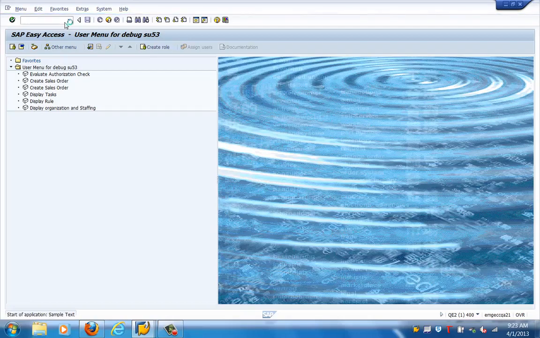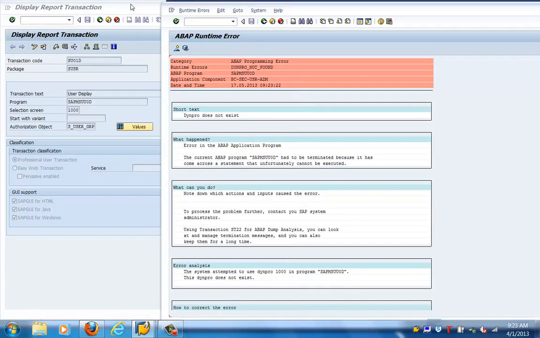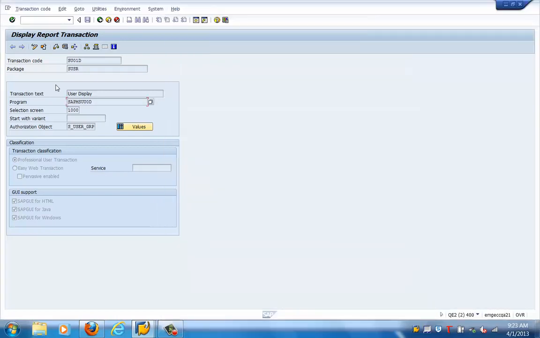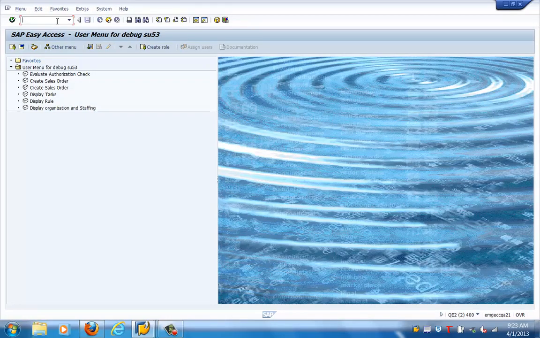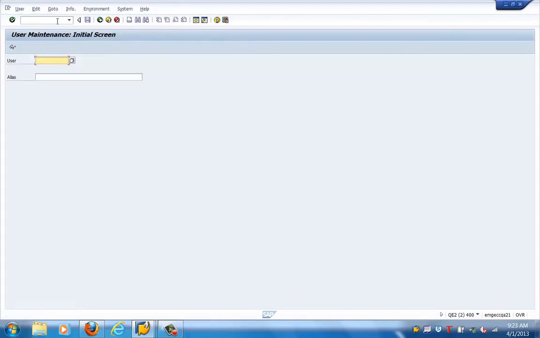Now let's call this transaction ZZ. I'm calling transaction ZZ. We have not selected a check indicator, so it's showing that we need to make more changes just to make sure that it's in line with the package requirement. It has to be in the particular package where this is, because it calls the respective objects.